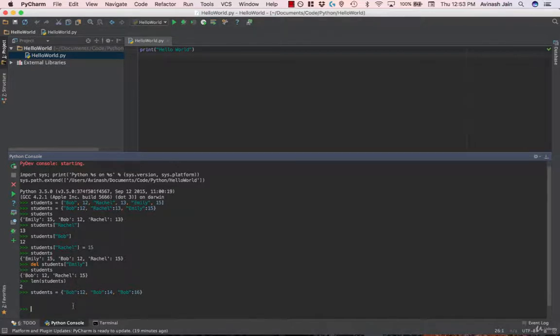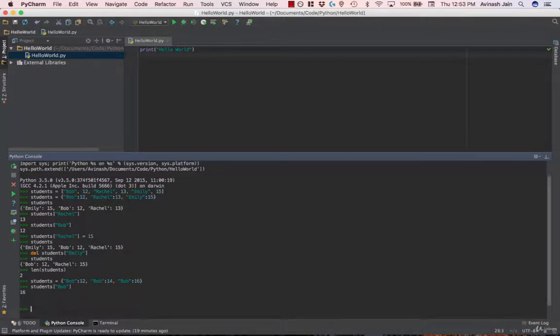Each key should be unique, because now if I try to access Bob's age, Python doesn't know which Bob we're talking about, and it automatically uses the last key that we entered. So if we have Bob 12, Bob 14, Bob 16, Python's going to realize that, hey, the last key Bob was this one, and its value is 16, so it's going to return 16. In most cases, when you're dealing with dictionaries, you want each key to be separate so that problems like these don't arise.